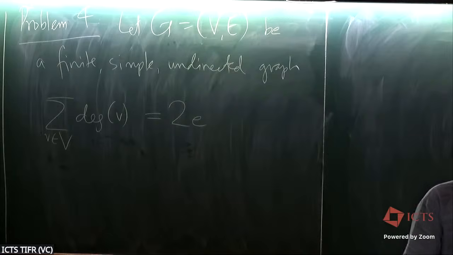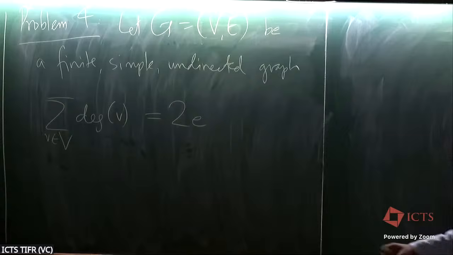Now there's another way to do it, which is to look at each edge and ask, in this process, how many times is it getting counted? Well, every edge is incident only to 2 vertices, right? So in this whole process, it gets counted once at this end and once at that end. If the edge is UV, it gets counted once when you're counting the edges incident at U. It gets counted again when you count the edges incident at V. Does that make sense? Is it clear to everyone?